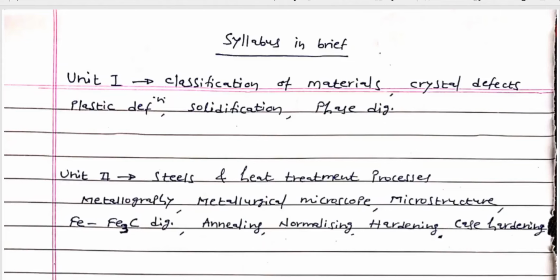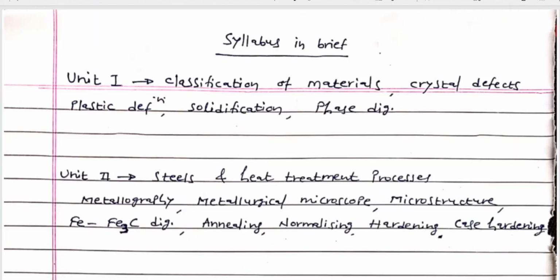The simplest example to understand the concept of composite material is RCC structure, reinforced cement concrete bar. So in this, the concrete material, which belongs to the category of ceramic, will have the reinforcement of mild steel bars. So these are two different kinds of materials which are mixed together, and thus they constitute the composite material.